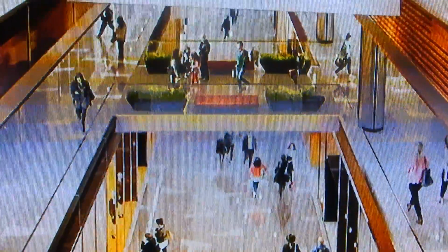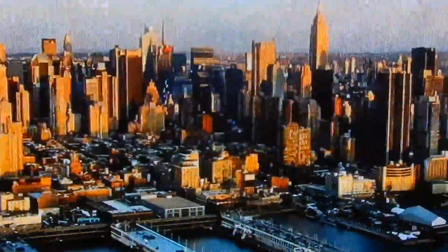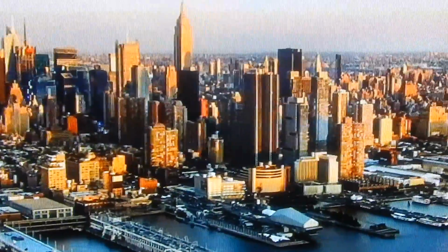So 2025, everything's done? Everything's done. What will you do when everything's done? Take a sigh of relief. A sigh of relief in 8 years? By the way, the rental building opens in